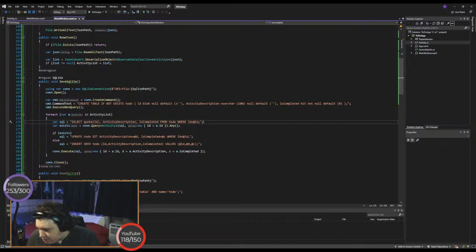Well, I want one there after D. Yeah, because you're saying you want to set activity description to be equal to D, comma, is completed equals C, but then you don't need another comma because there's not another thing after that. Okay. Yeah. There you go, and you'll have to start and stop it. That should work, I think. Yep. Okay, now,